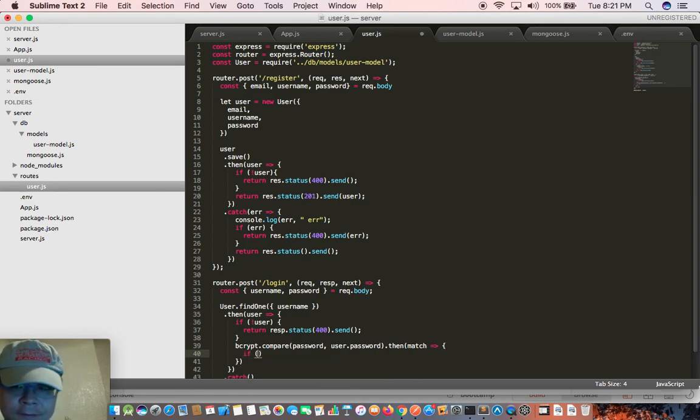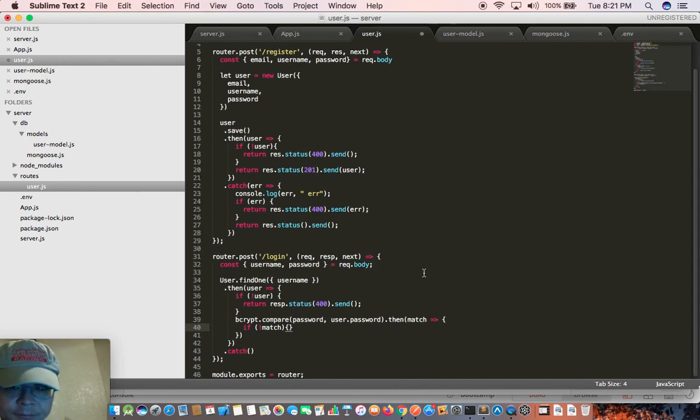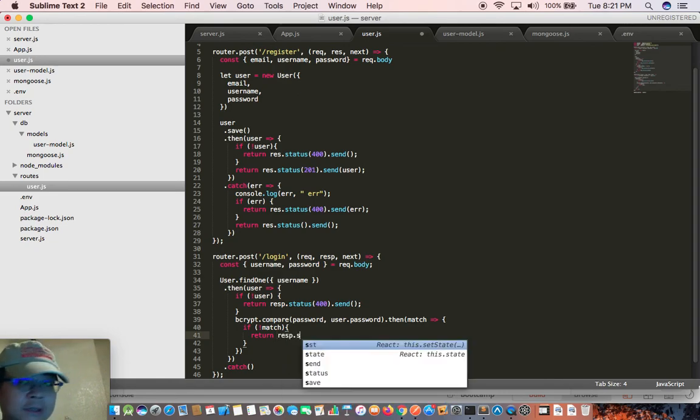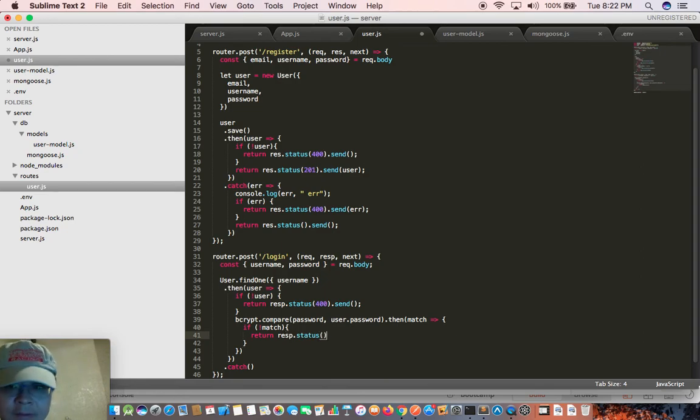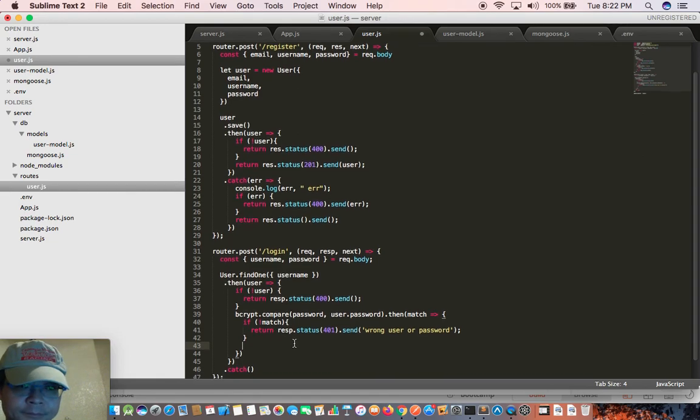If it does not match, we're going to return res.status 401.send wrong user or password. And after that,